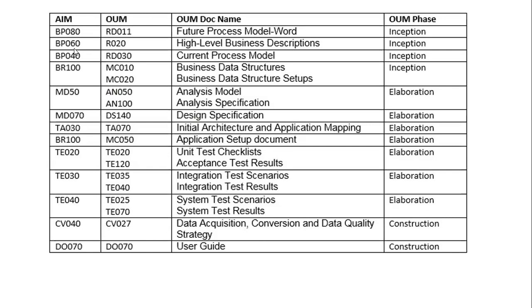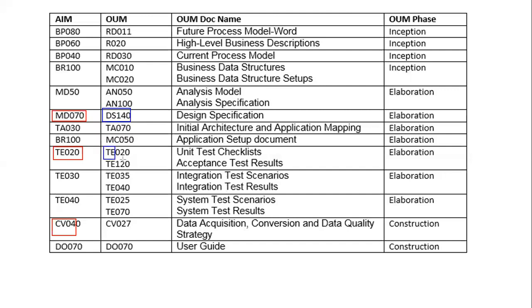So in AIM methodology, I hope you are already clear. If you are a technical person, you will be using options like MD70 documents and TE20 testing documents, and CV40 and CV60 documents we used to have for conversions, the mapping document for these conversions. So in that place, we have this DS140 design specifications. Just a minute. We have the DS140 document here,